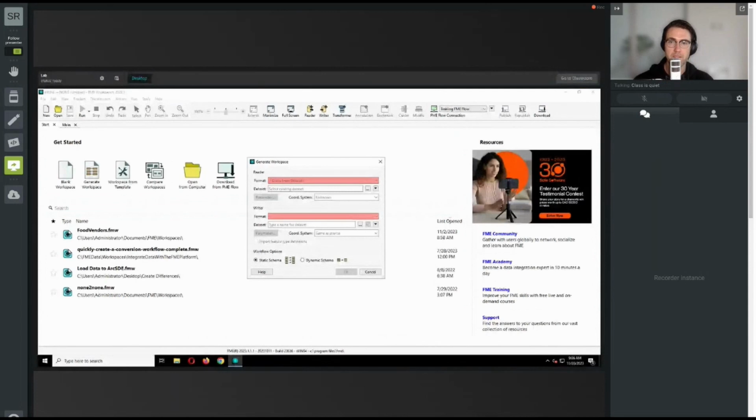So I've clicked Generate Workspace. It opens up a dialog here, which is probably going to look pretty familiar to you because it is basically just a reader or add reader and add writer dialog combined. The top part being the reader and the middle part being the writer, and there's a special different part at the bottom for generate. So because I already know the format, I'm going to type in PostGIS and select that